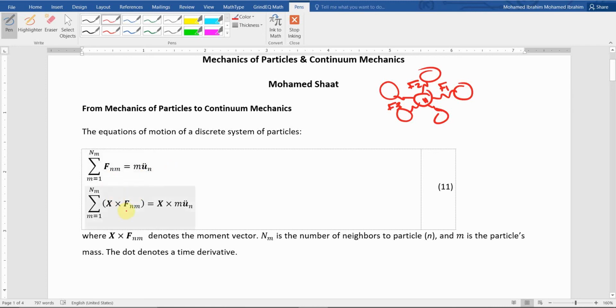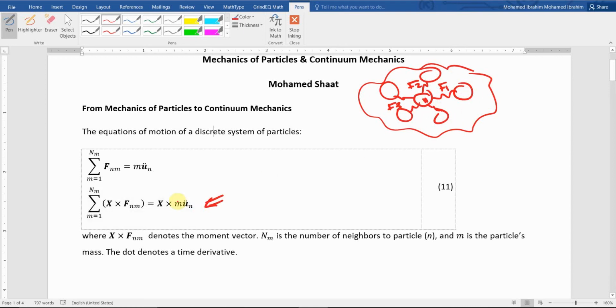But also we discussed that the force has another effect: it would produce a moment, and this moment would result in some rigid body rotation of the whole discrete system. If we are interested in the dynamic equilibrium of just the particle and we don't care about what's going on with the entire discrete system, we have no interest in the second equation. But this second equation should be used if we are interested to know what's going on in the overall system